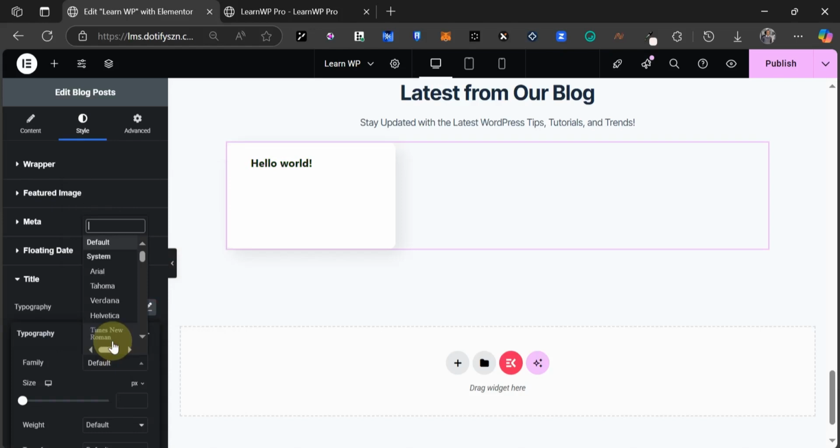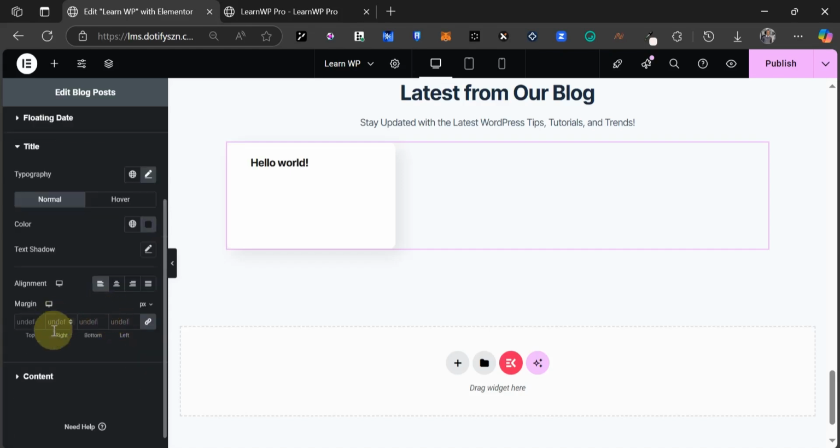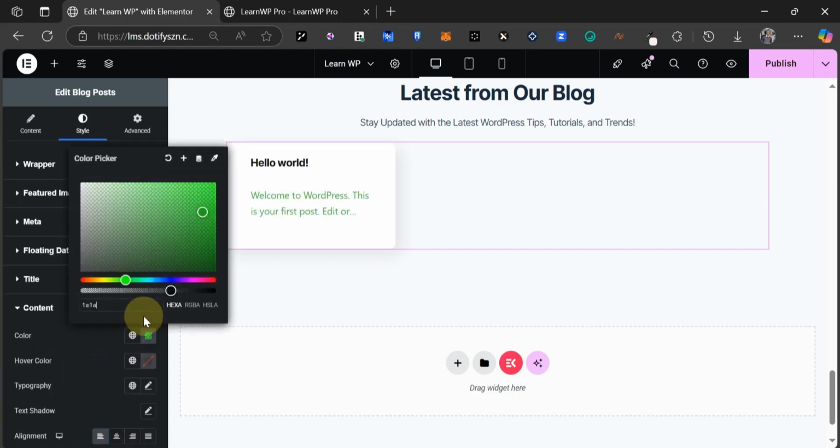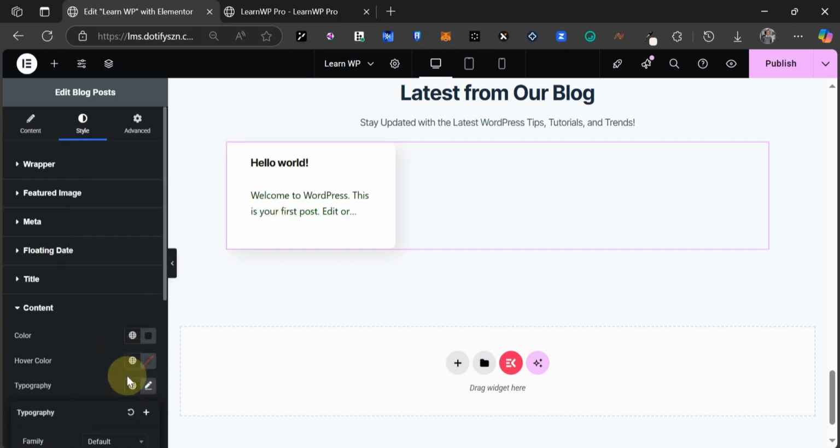So search for Inter Tight. All right, so also we're going to change for our content. We're going to change the color to 1A1A1A, and our typography also to Inter Tight. So search for Inter Tight,